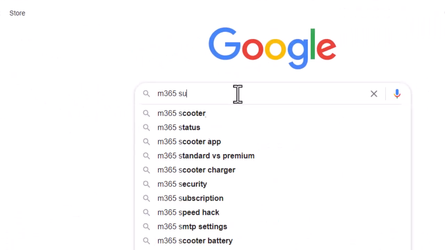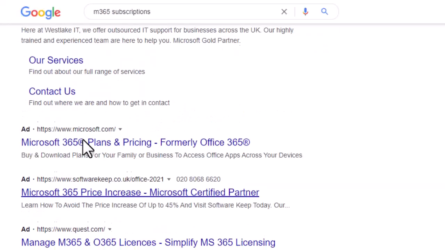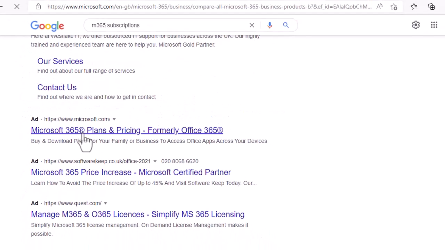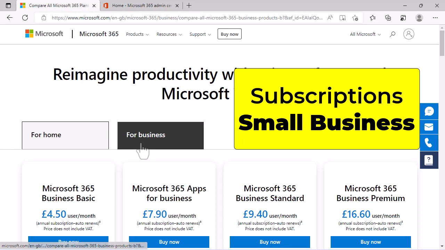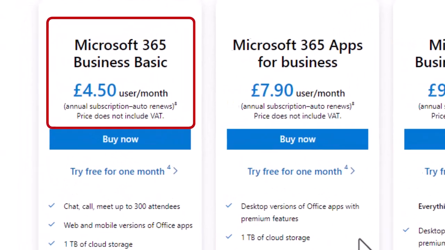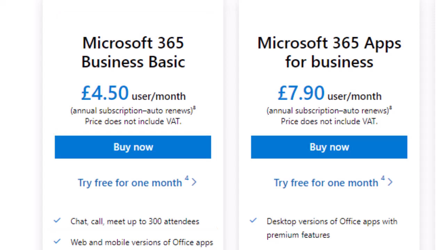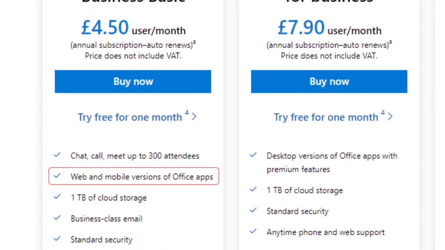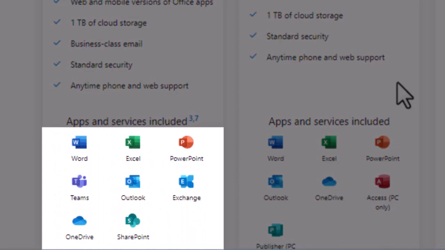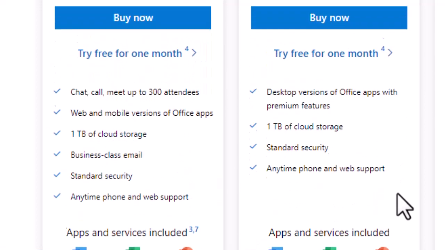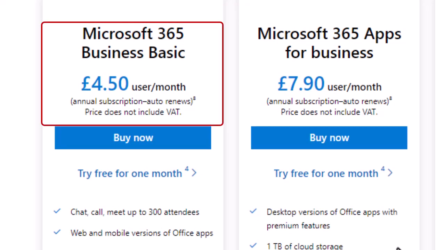Let's do a search for Microsoft 365 subscriptions. The first one, the Business Basic, if you're hosting a Microsoft Teams meeting or a Teams live event, you can have up to 300 attendees. You'll get the web version of Office, and you're also getting your collaboration tools such as Microsoft Teams. You're getting SharePoint, OneDrive, and your 50GB mailboxes through the Microsoft Exchange. It might be the cheapest offering here, but with the Business Basic, you are getting a lot of bang for